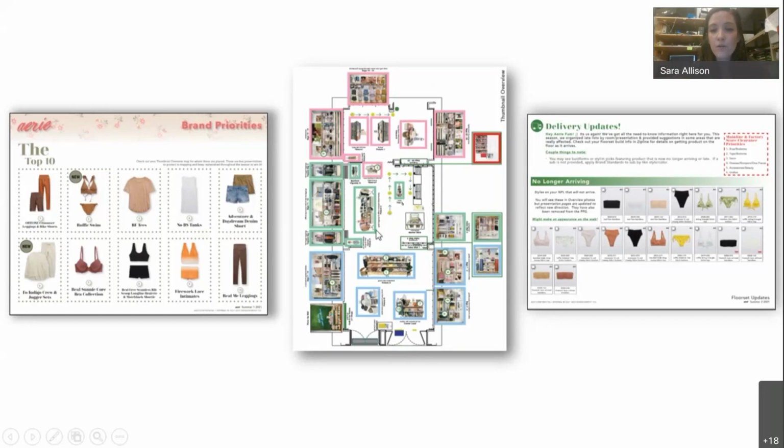And then we have our shop overview, which we discussed during shop concepts. And then we also now in the floor set document have this little area of late arrivals, letting us know if certain things won't be here in time for the floor set. And that really helps us to plan efficiently and lets us know when we'll see those arriving. So we know whether the adjustment we make needs to be a really big one, or if it can just be folding something differently until this other color arrives next week.